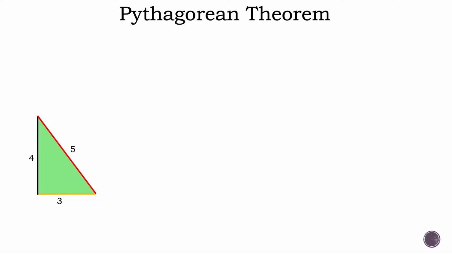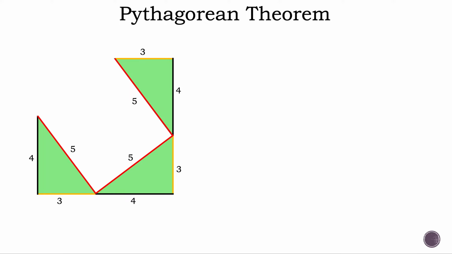Let's start with adding one length of 5. Now we have two sides of our square. Let's add another. Now we have 3 sides of our square. Let's add one more. Now we have 4 sides of our square. We have also formed a bigger square with a side length of 7 because 4 plus 3 or 3 plus 4 is 7. Now we're going to find the area of the bigger square by finding the area of each